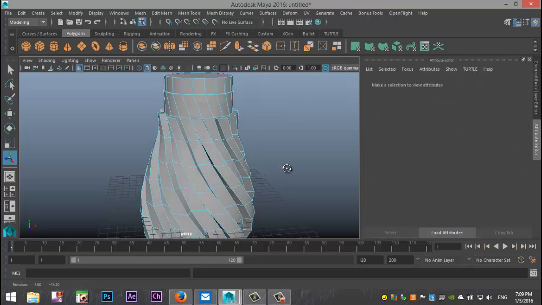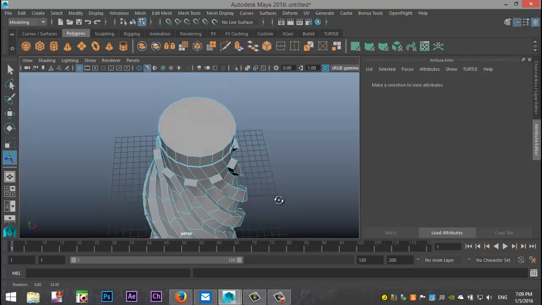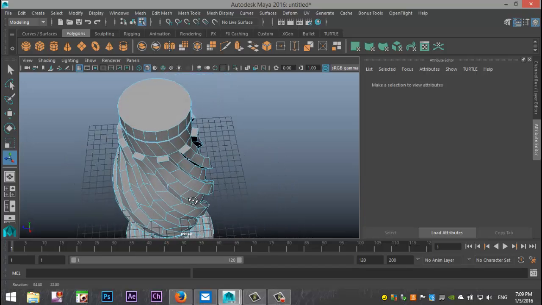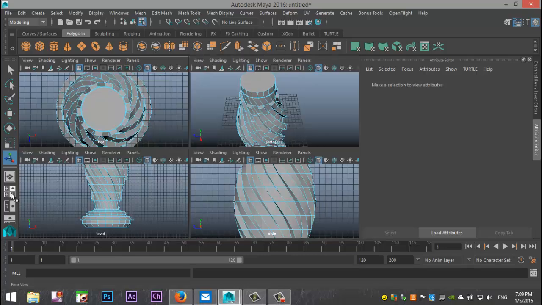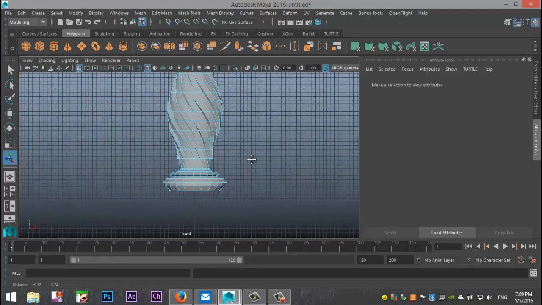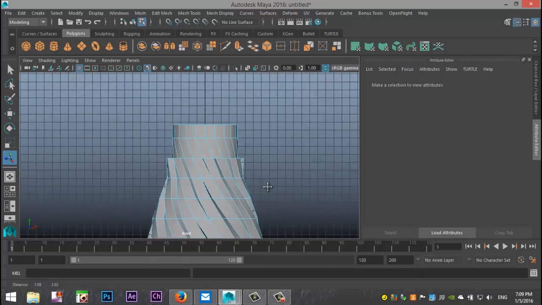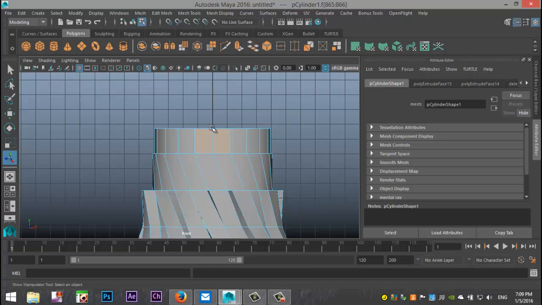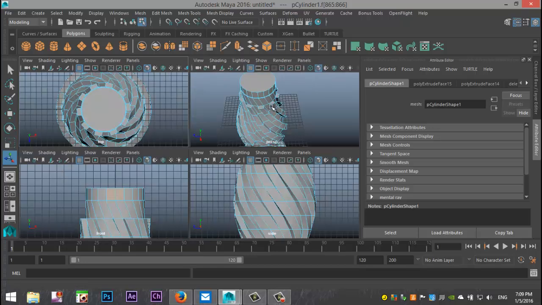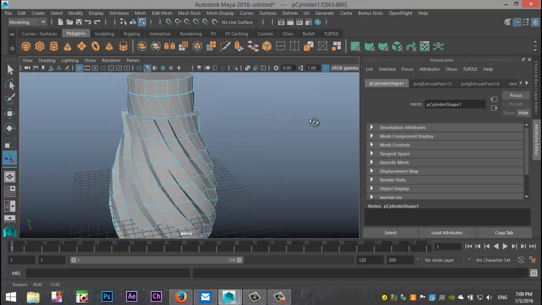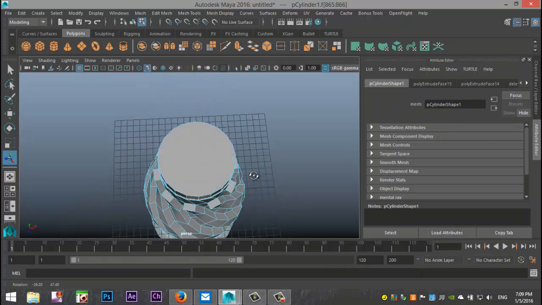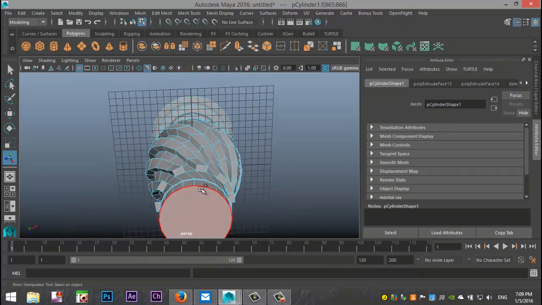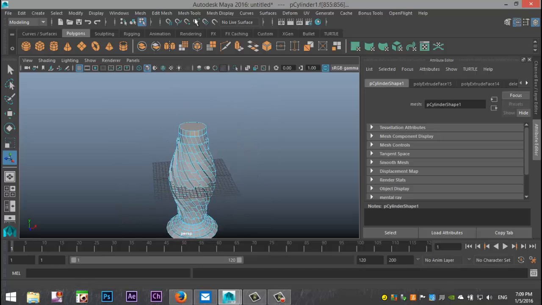And as you can see, your edges are nice and vertical, which is important because if we look at it from, let's say, the front view, we'll be able to take these two faces that are in line with this grid line there, and that's these two, and then we're going to take these two as well,